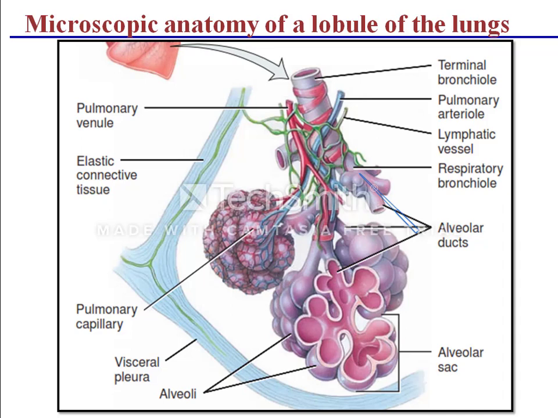Respiratory bronchiole penetrates more deeply into the lungs and subdivide into alveolar ducts. So from each terminal bronchiole, 2 to 11 alveolar ducts will arise. So respiratory passages from the trachea to the alveolar duct contain about 24 orders of branching. Branching from the trachea into primary bronchi is called as first order branching. From primary bronchi into secondary bronchi is called as second order branching, and so on up to alveolar ducts.